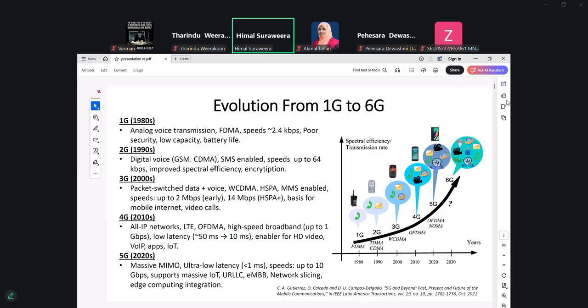They were based on just analog voice, and then it was improved to digital voice in 2G GSM systems, and the 3G era came with packet switched data and voice services. WCDMA was the technology used for 3G systems, and then came 4G systems around 2010, which used LTE Advanced and OFDMA technologies, and they were based on all-IP networks and so on.